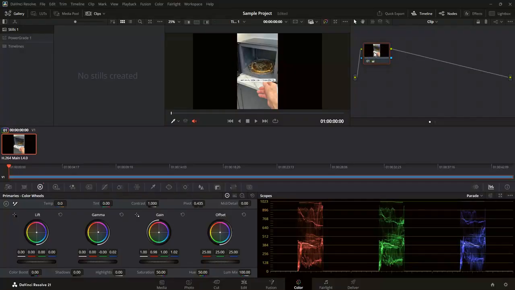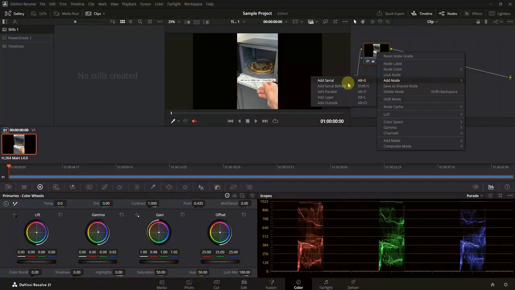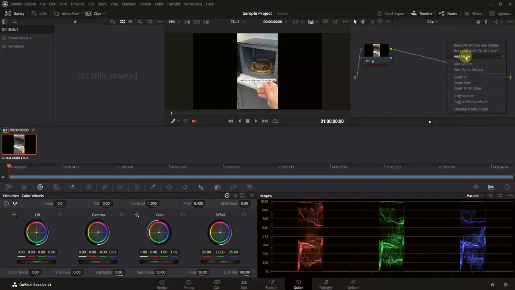Now, if you want to add another node, right-click on Node 1 and select Add Node, then choose Corrector. And this will create a new node linked to the first one. You can use this second node to apply a separate color correction or effect without affecting your initial adjustments. For instance, you could use the first node to correct the exposure, and the second one to adjust the color balance. To connect nodes, simply click and drag from the output of one node to the input of another, creating